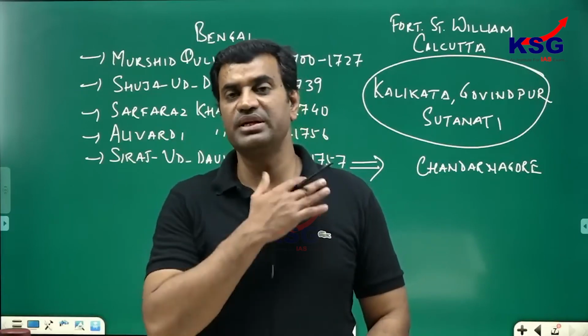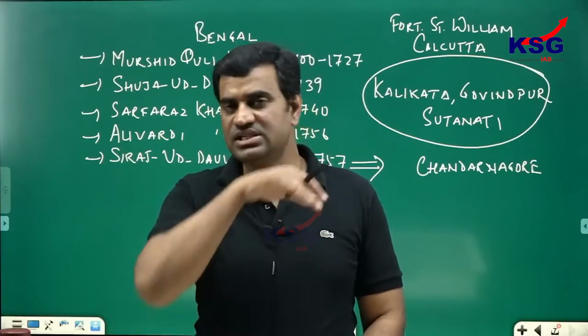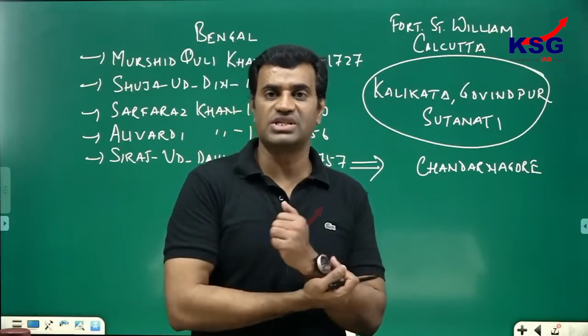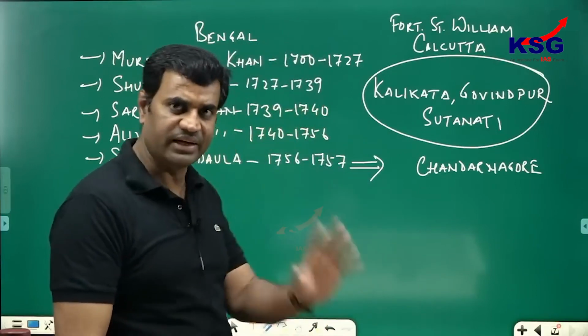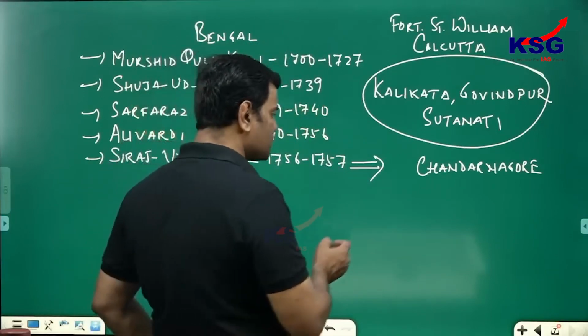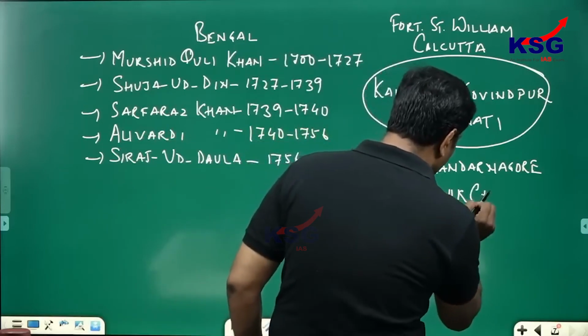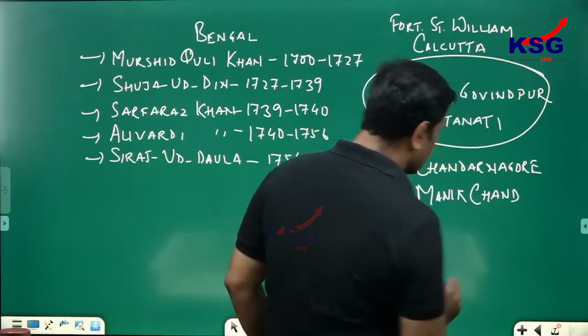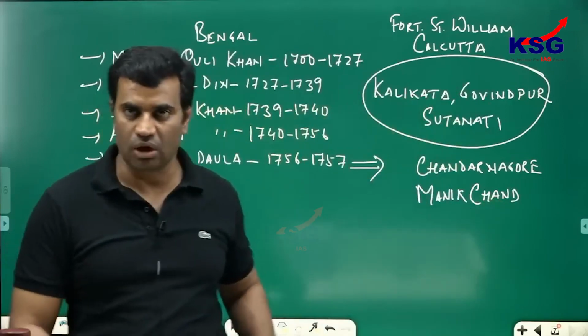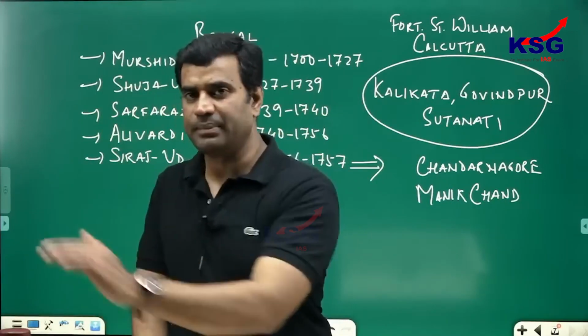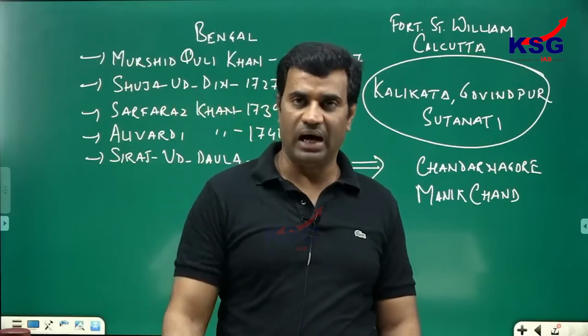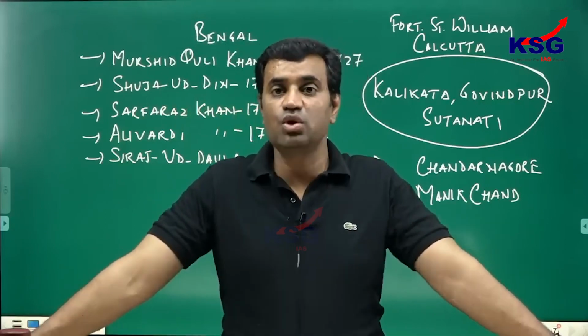In this, British forces were defeated, and Siraj-ud-Daulah handed over the charge of Calcutta to a leading trader and officer of Bengal named Manik Chand. Manik Chand was declared officer in charge of Calcutta by Siraj-ud-Daulah, and thereafter he returned to his capital city of Murshidabad. But here an important controversy took place.